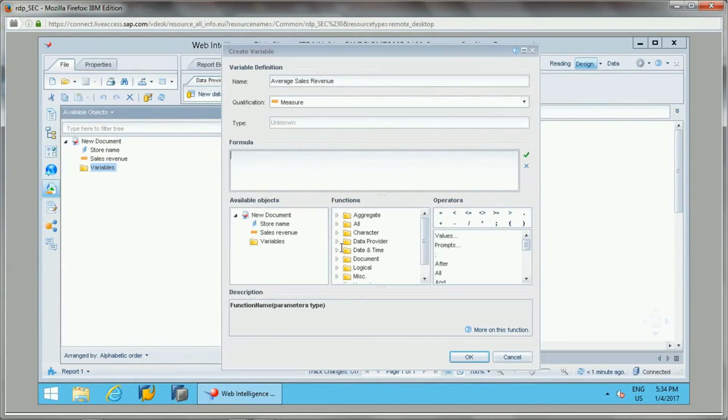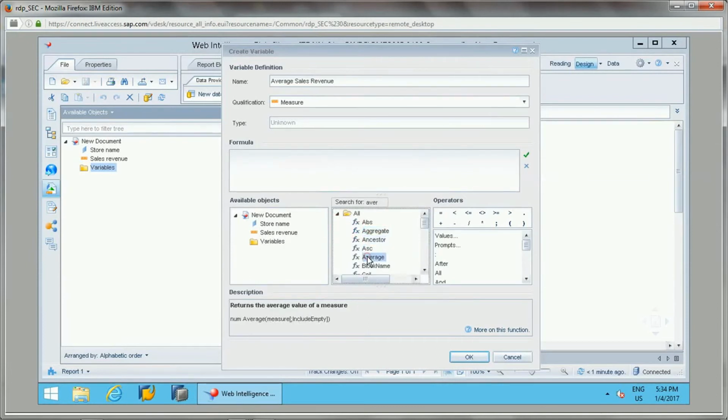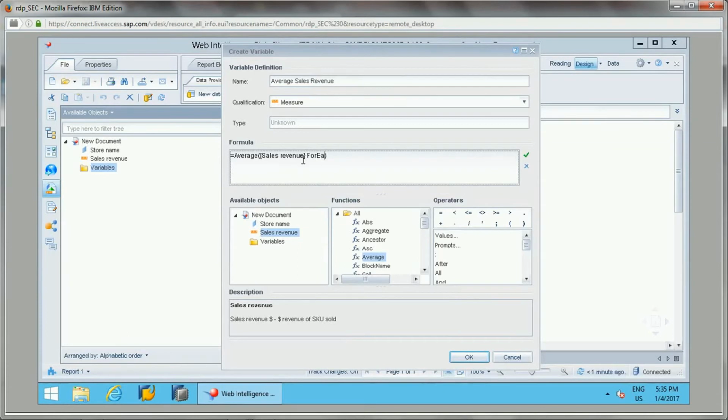Here I will use the average function. So the average of sales revenue I wanted to calculate for each store name. So for that I will use the for each operator.